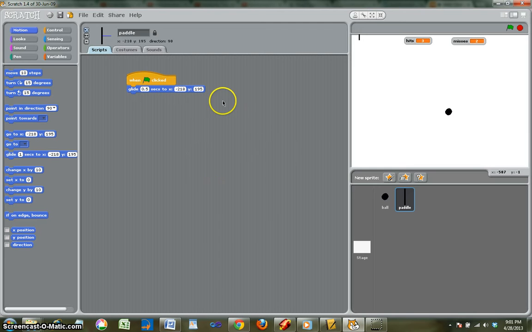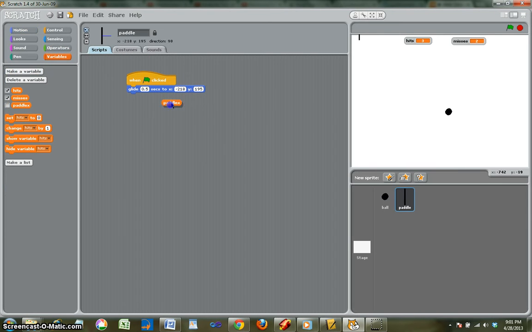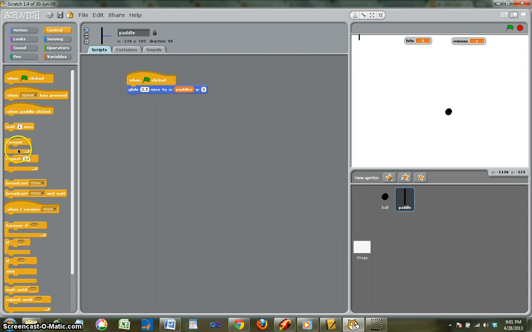Glide to the position of paddle X in the X position and 0 in the Y position. So paddle X and 0. Then we're going to create a forever loop that it will simply